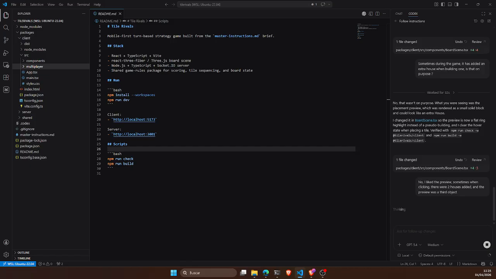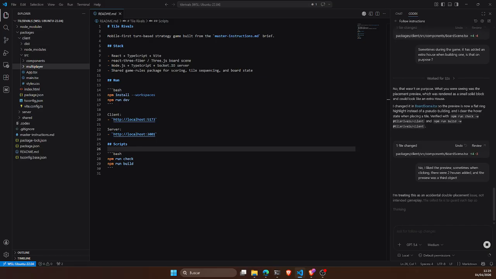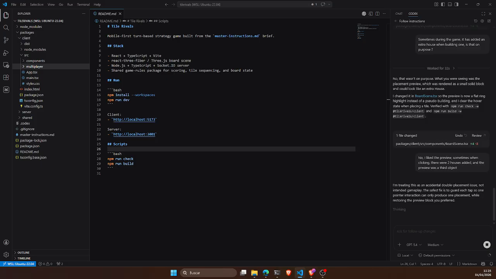Okay, I guess that what I'm gonna need to do now is kind of commit things, because what I usually get stuck with while vibe coding is that I just enter a loop where everything starts breaking and then I don't know how to come back to a working state. So